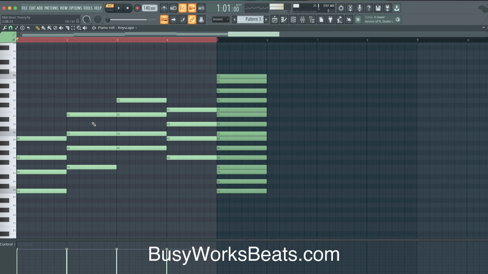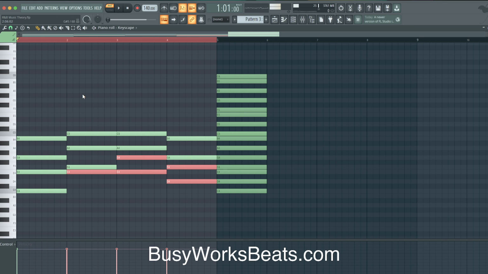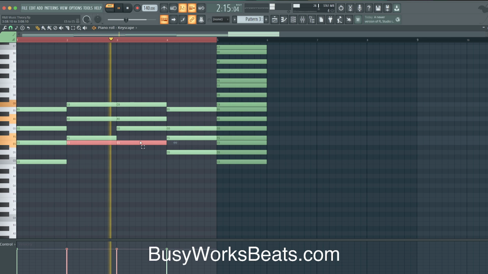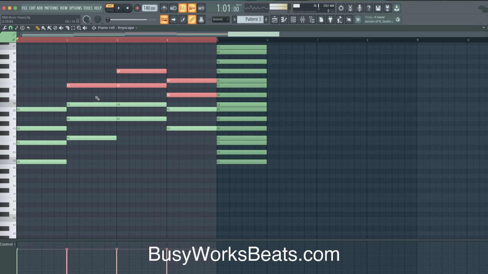Okay, so the first step is what I like to do. This is not a rule. I like to pick a point where the note should not go above that point. So in this case, I want to go from C to C in that octave. Everything else needs to fall back into this octave. So I'm going to pull these notes down. And if that sounds too cluttered, what we can also do is take this second note, pull that down.